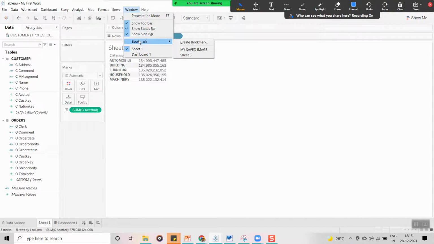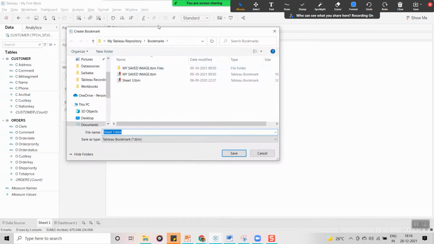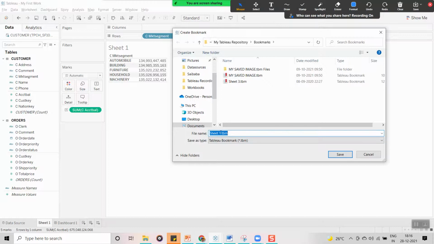Once you create a bookmark, you can see sheet 1 with the TBM extension. We are in sheet 1 of my first work, so I am going to give the name as my first work sheet 1. Okay, so this is the bookmark.